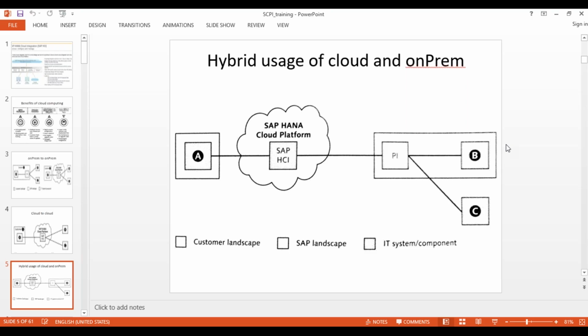CPI means Cloud Platform Integration. But in the future, they are changing this word again, and they will call it simply Cloud Integration, SAP Cloud Integration. So don't confuse HCI and CPI, both are the same. They just changed the name for branding purposes, otherwise the rest of the things are the same.